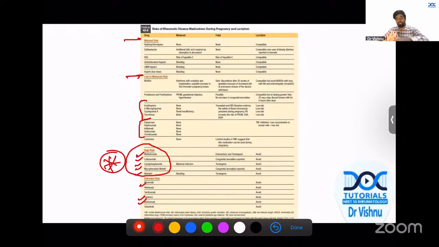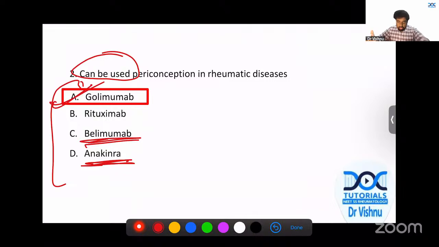So it's a little bit tough question, definitely. Maybe I'm not sure, maybe you could have marked rituximab also. I think in the SLE chapter or somewhere it's given that rituximab can be used in pregnancy, which is actually not wrong because sometimes, in refractory disease, you have no other option. You can't give cyclophosphamide, which is the usual one given in severe disease activity. MMF you can't give because, although it's needed in severe disease activity, you cannot give it in pregnancy. So your option ends up as rituximab in SLE while pregnant, right? So yes, it can be given. It is given in many scenarios, but among these other options, golimumab is the one that is slightly better.